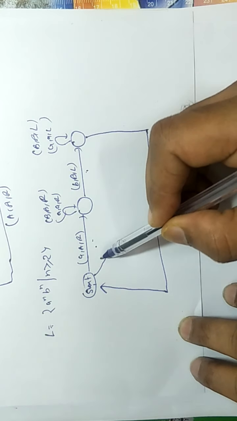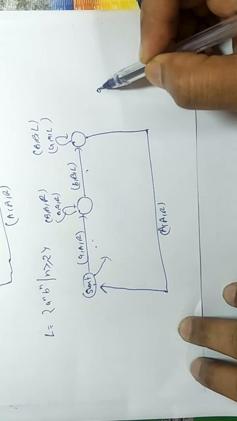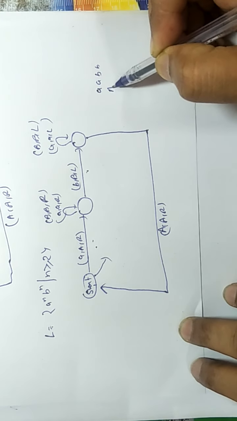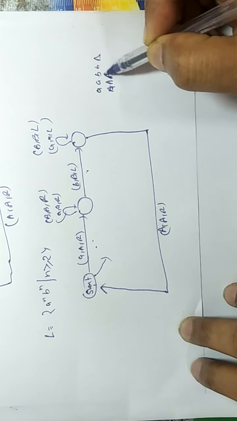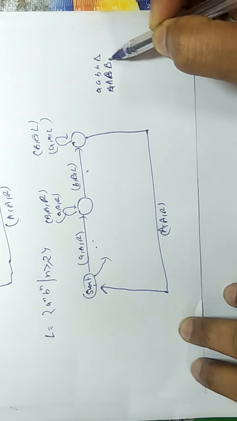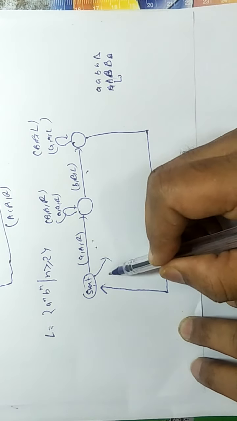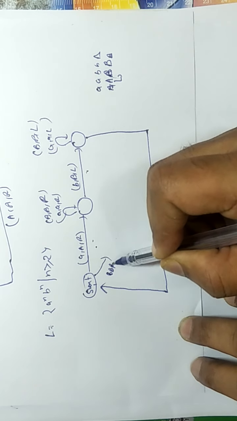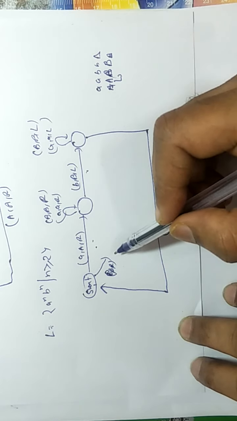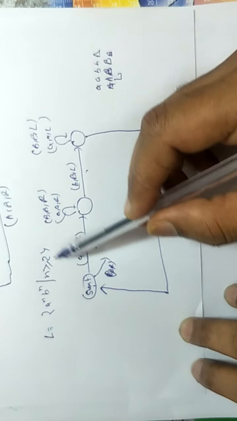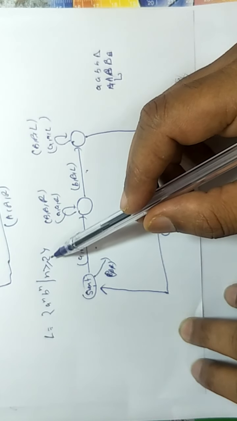But at the end, suppose this is the input, you mark this, you mark this, you mark this, you mark this. So at the end, in the right of capital A, you will get capital B, BB, leaving it capital B and moving to right. But here you have to ensure that n is greater than equal to 2. It means that n should be minimum 2.